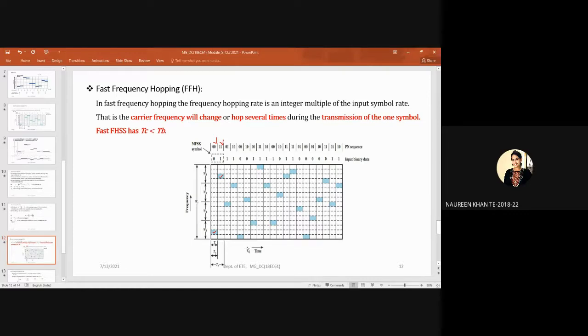Yes, sir. I marked two tick marks, right? I said the first symbol is 0, 1. For transmitting that 0, 1 symbol, it will be hopping at two frequencies. One is FC0, another one is FC3. So this is my FC0 hopping frequency. Based on the PN sequence, I have taken a 2-bit PN sequence only. With that 2-bit PN sequence, I can have 4 different frequencies: FC0, FC1, FC2, and FC3.